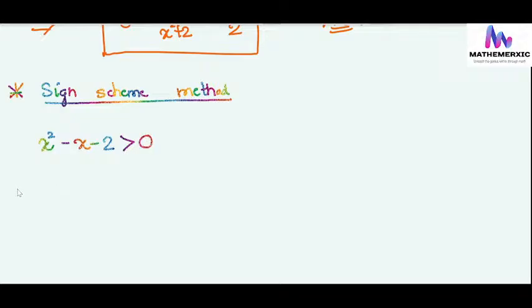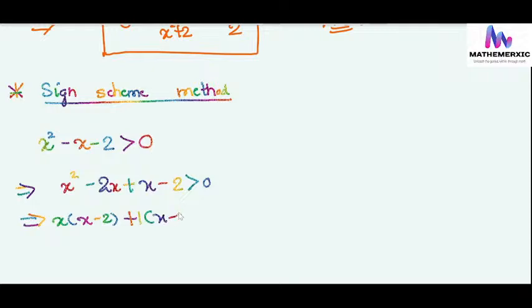So first we'll try to solve it. It is x square minus 2x plus x minus 2 is greater than 0, or x minus 2